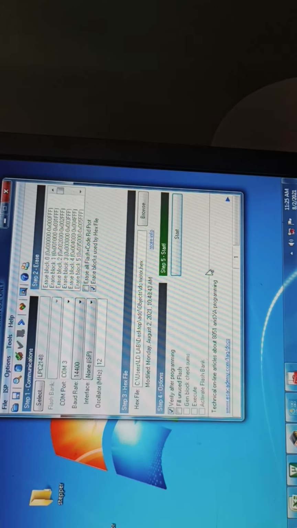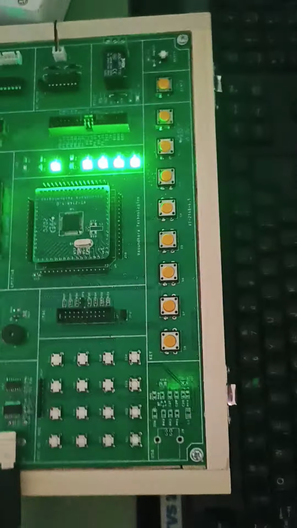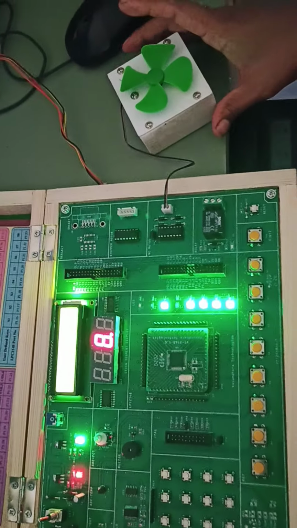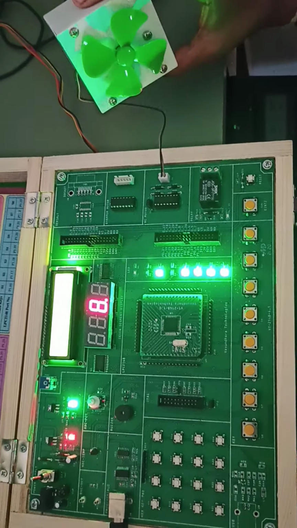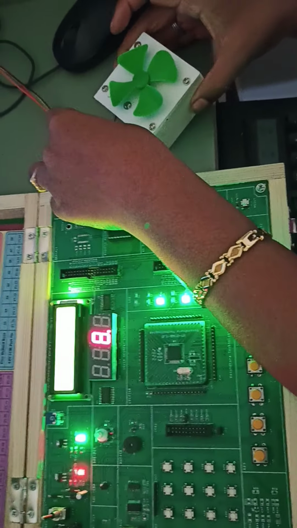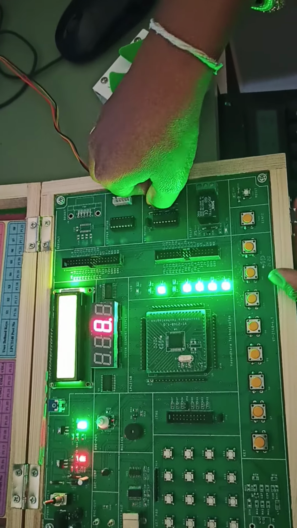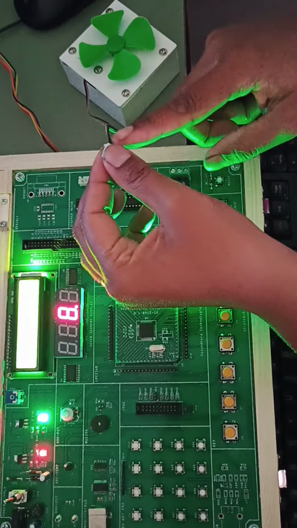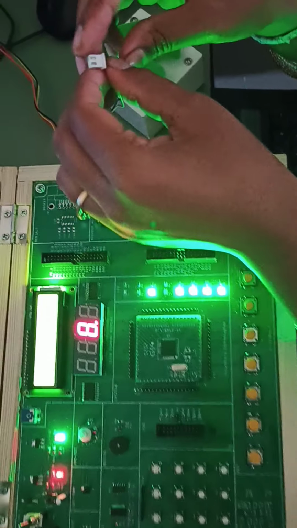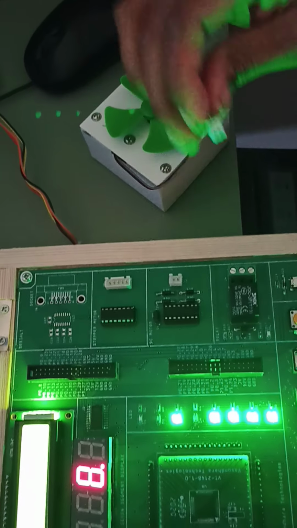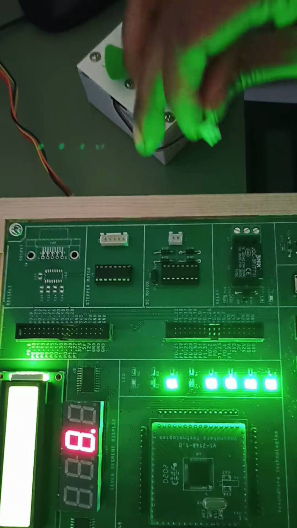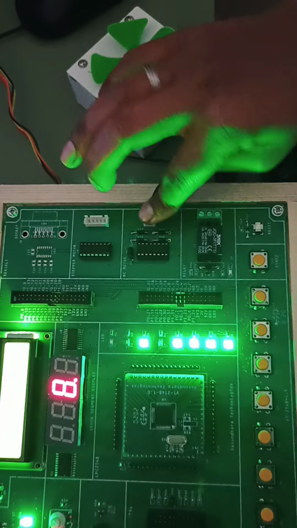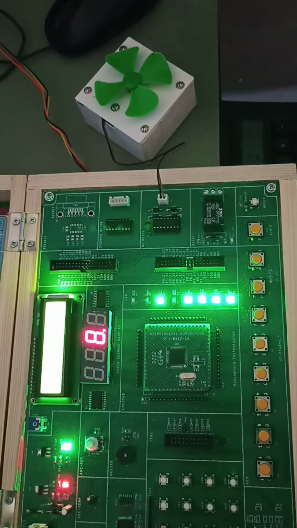Once it is dumped, see, this is the stepper motor, and this is the DC motor. In this DC motor we have two cables, one positive and another negative. For this particular plug, I am placing it here in the slot of the LPC2148. Now I am placing this DC motor plug.